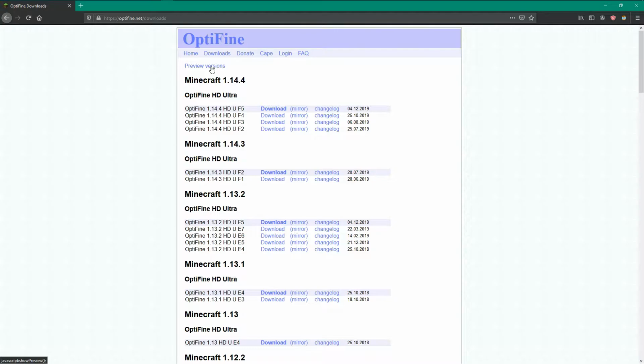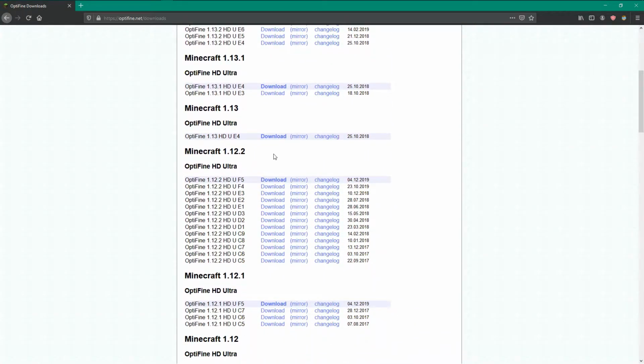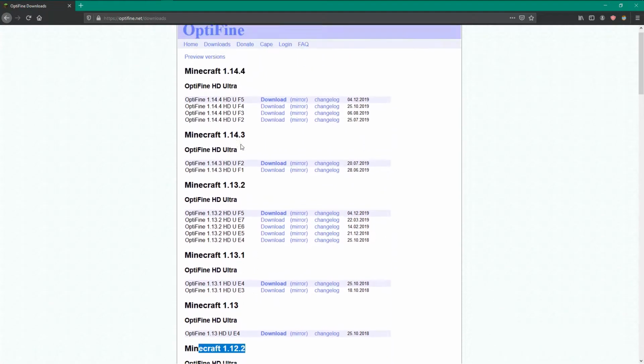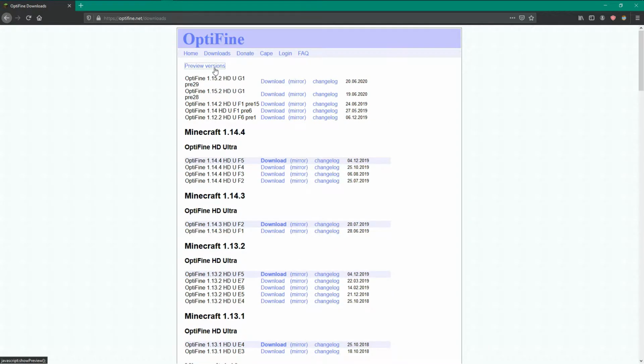Okay. These are all the versions they have. You want to download the version for the one you're using, what Minecraft version you're using, or what version your shader is for. So for each version, for 15.1.15, go to preview versions. Download this one. The link will be in the description. And now